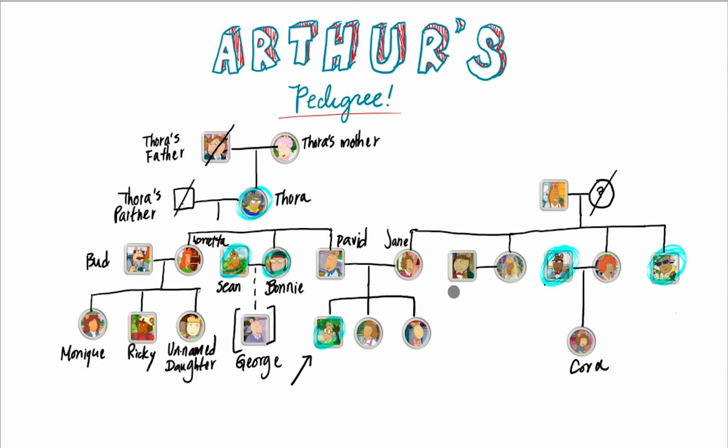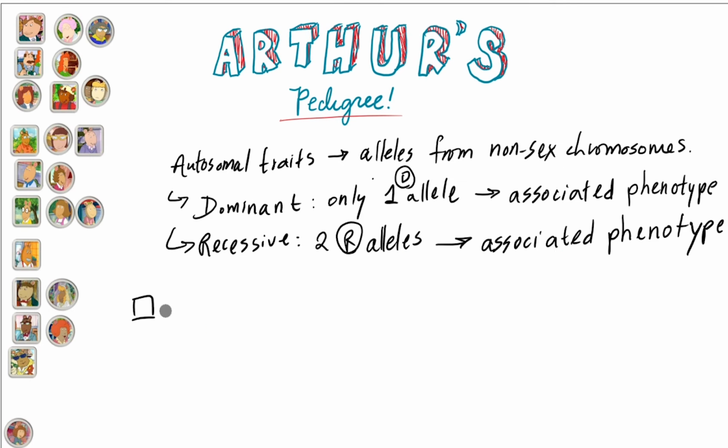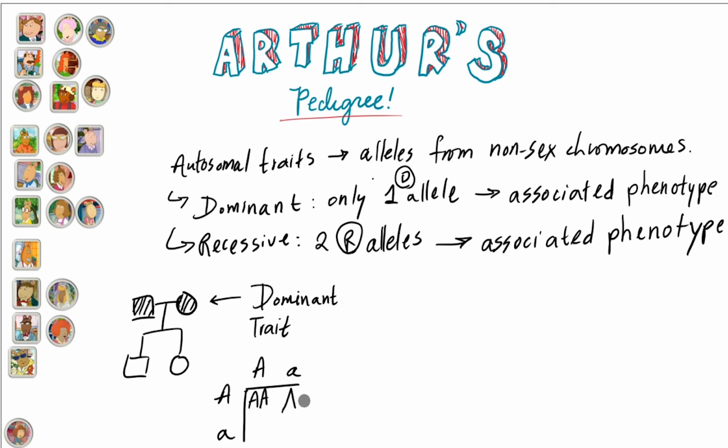If you see two parents who have a trait, but they have a child who does not have that trait, then you know that that trait is dominant. This is because if the child doesn't have the trait, then the alleles for that trait must be masked by the dominant allele. This is what we see when both parents are heterozygous, where they show the dominant phenotype, but it's possible for them to have a child with a homozygous recessive genotype and a recessive phenotype.